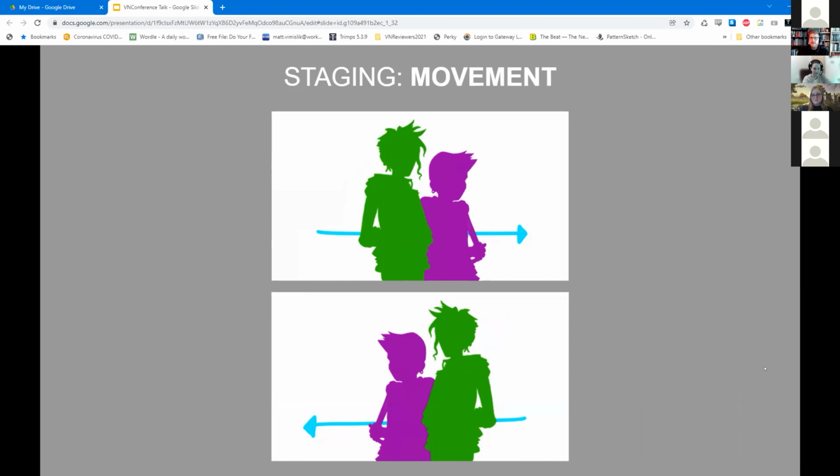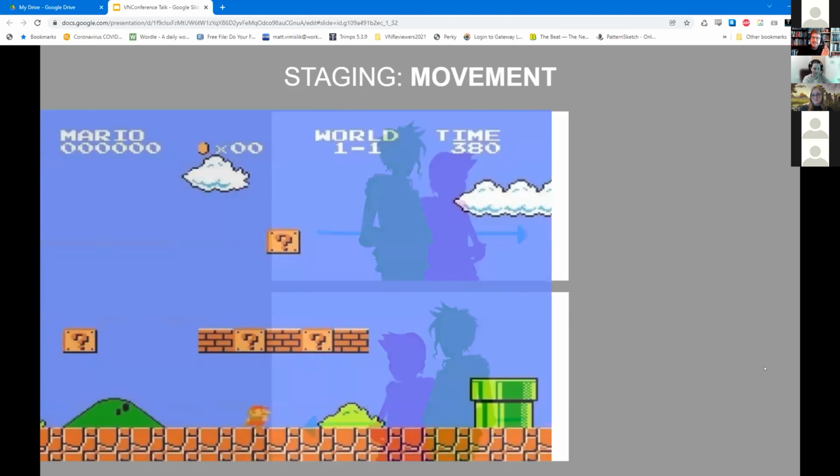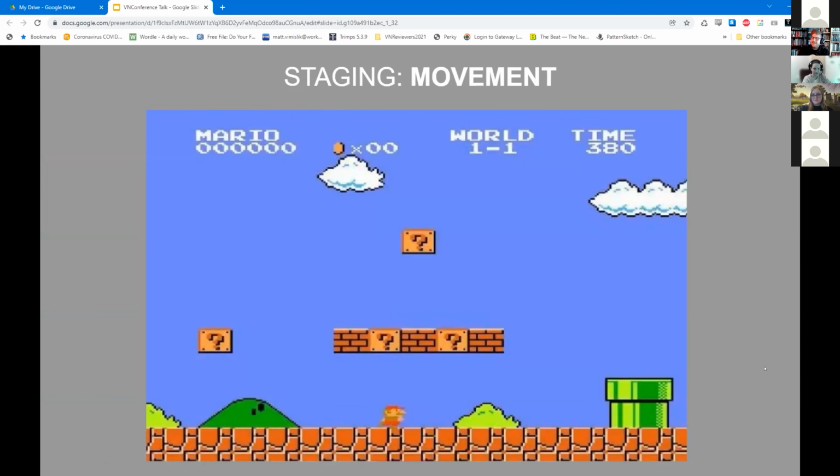Moving left to right feels like you're making progress since it has a more natural flow, while moving right to left can feel difficult, like you're moving against resistance. My film professor said this is mostly a Western convention since we read from left to right. But honestly, the platformer has kind of cemented this staging convention across like all games.